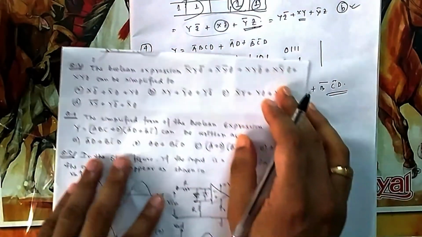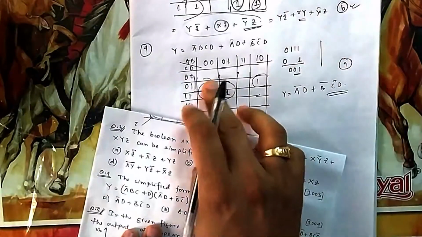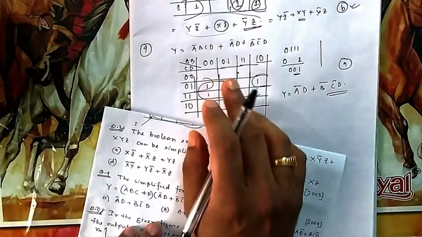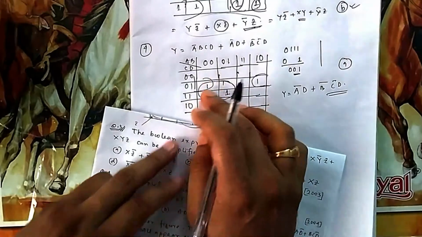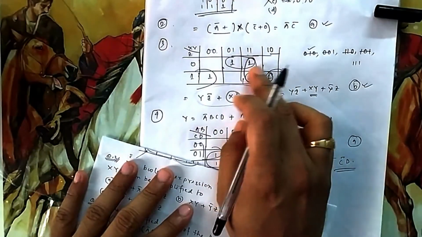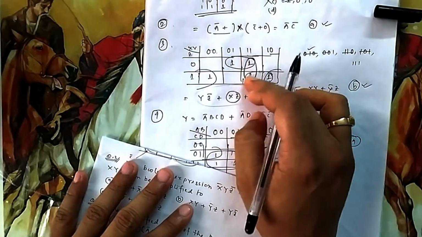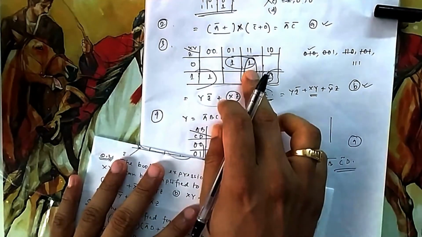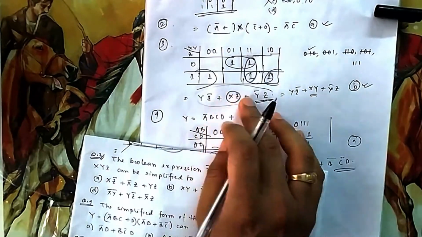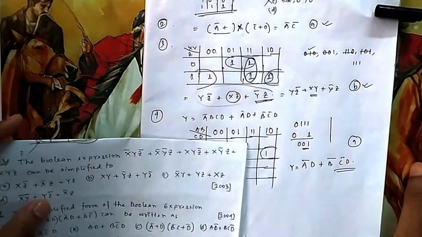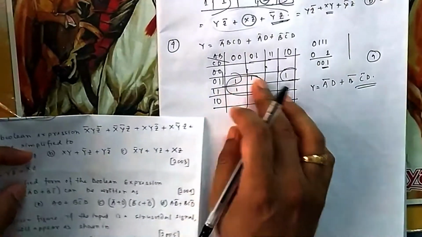I think you will directly get it here, because there is no other option. You can take this one, a more simplified K-map, because this is the only way. You take this as quad, this as pair. Here there were other options. I have taken this as a pair, someone can take this one as a pair. So there are 2 options. That's why you didn't get the answer. But here only one option is there to simplify the K-map.